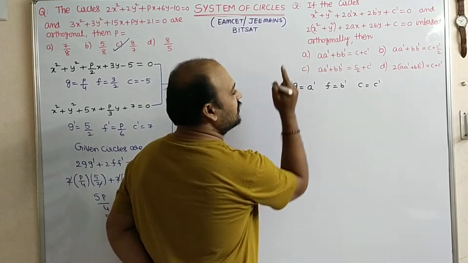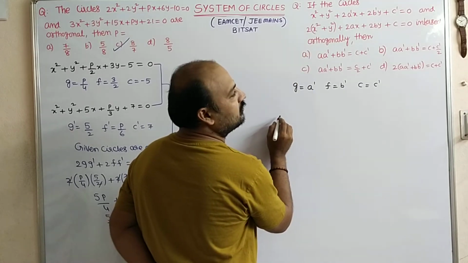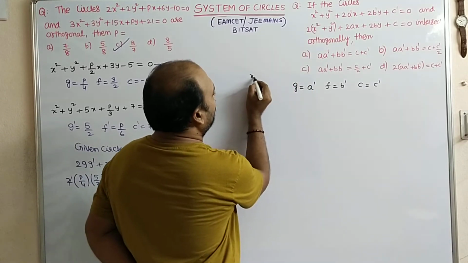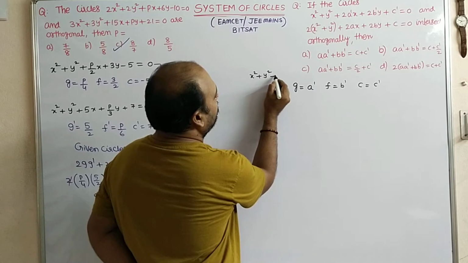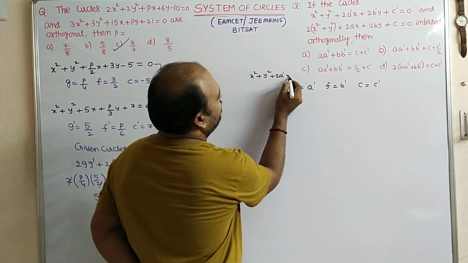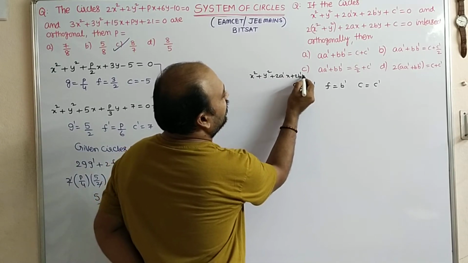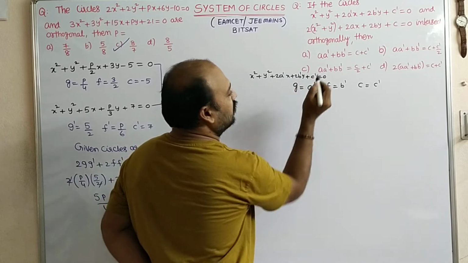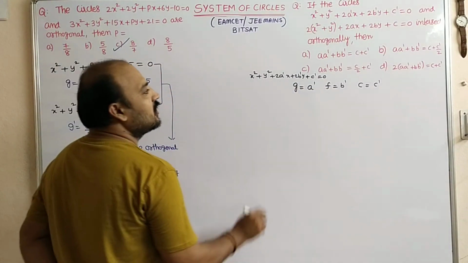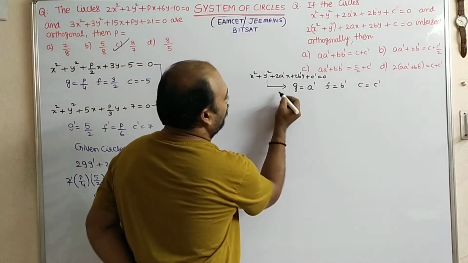Come to the second circle. Write the second circle in the general form. This is related to the first circle. Just I am writing, why? Because 2a dash x plus 2b dash y, wantedly they are giving like confusion. You have to remember, dear students, this is the information about the first circle.